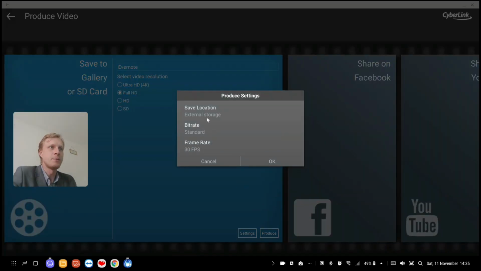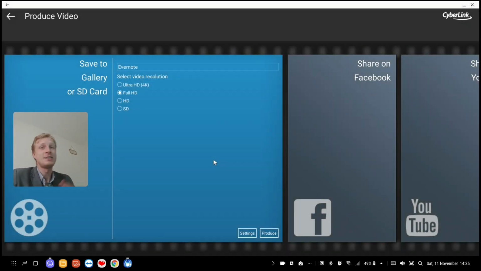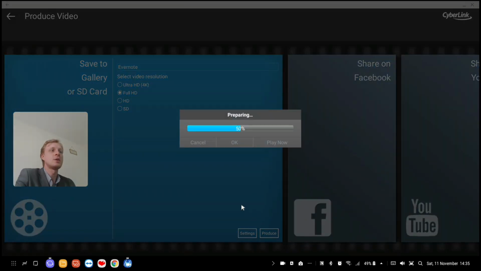Settings obviously gives me options. Where do I want to save it? External SD card, which is on my S8 Plus. Bitrate standard, 30 frames per second. That's plenty for tutorials. I don't need super awesome video quality. And click produce. And now it's preparing,